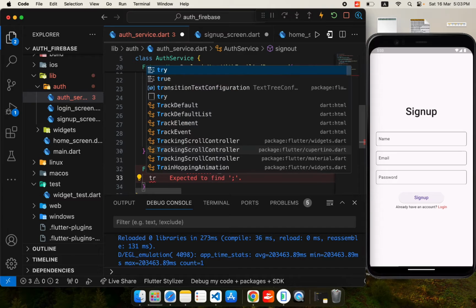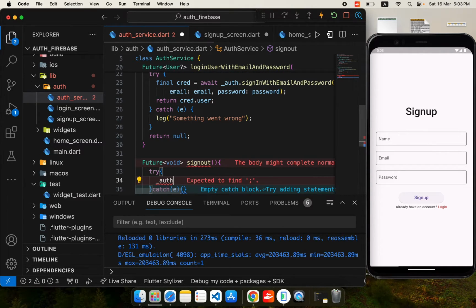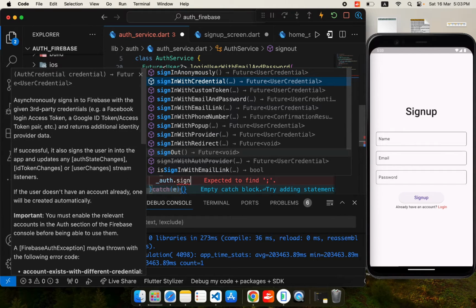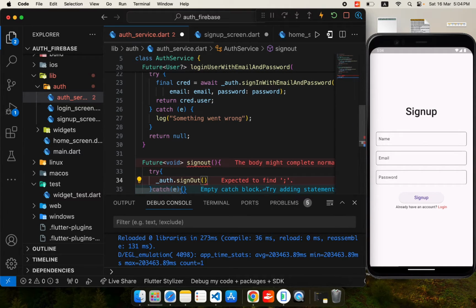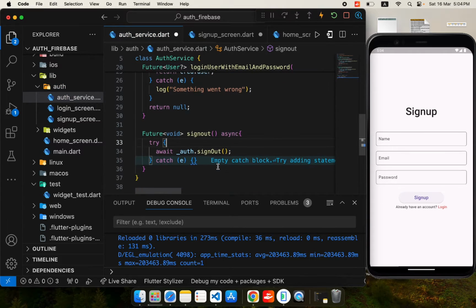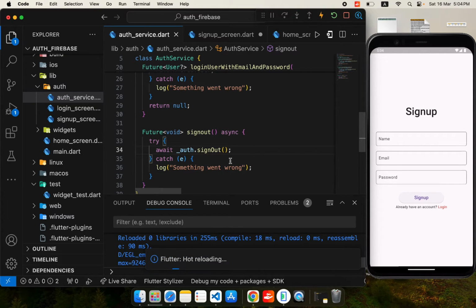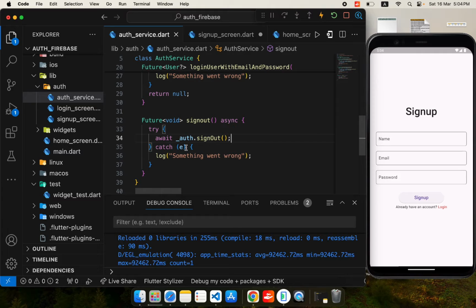What it will do, we will use a try catch block here as well to catch any exception that might occur in the asynchronous operation. And what we will add here is the auth dot sign out method from the Firebase auth plugin. It will sign out the currently logged in user. We will add async and await here as well. We can also use this statement to print something in case something goes wrong, like you don't have internet. So it will throw an exception here,